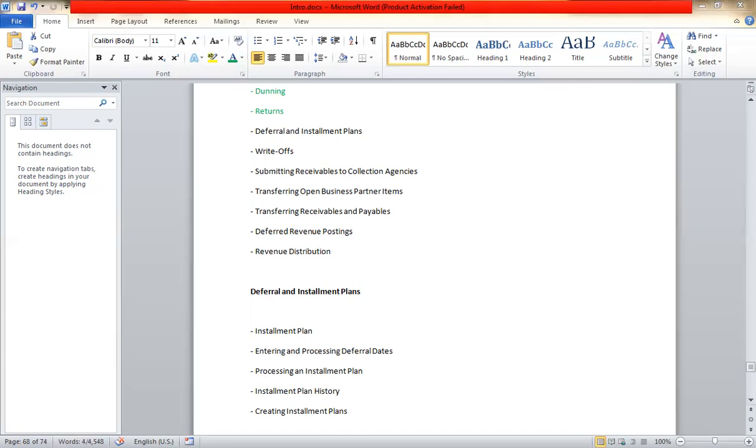Then we will be talking about deferred revenue postings. Revenues are posted when a receivables document is posted. These revenues become effective for revenue purposes in the posting period in which they are actually posted. This means that revenues are assigned to the posting period in which they are posted. There are three types of revenue realization. Number one, standard revenue realization, followed by time-related realization, and then